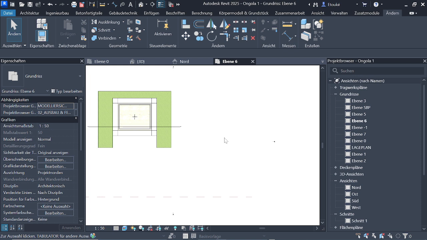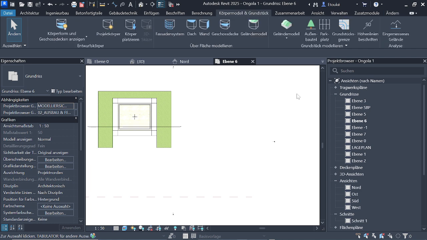So to build the Toposolid, you will have to go to Massing. I'm using Revit in German, that is why you see German language. So you go to Massing and you click on this function here, and